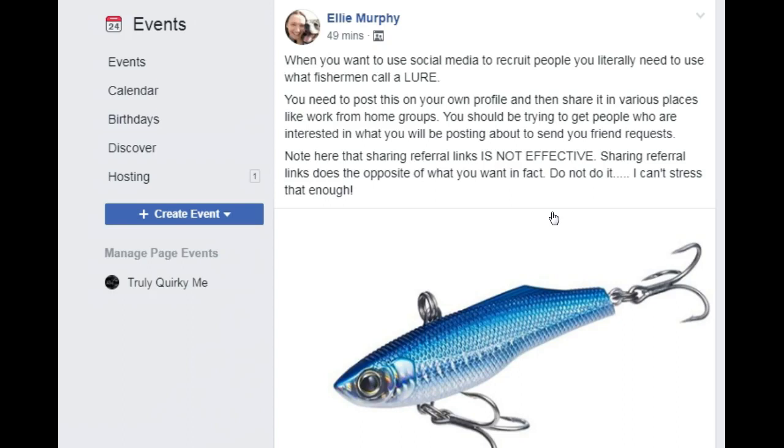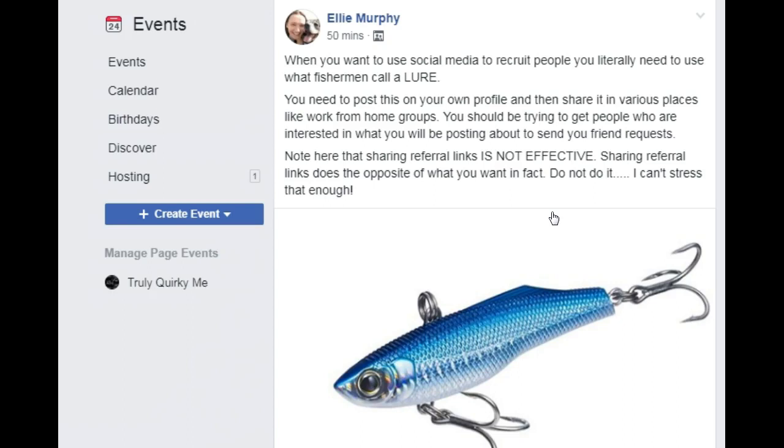And I just want to highlight here that this is absolutely not about sharing referral links. Because what happens is, if you share a referral link, it actually does the complete opposite of what you want to do. If you're posting a referral link, number one, Facebook is going to limit that post a lot, because Facebook does not want people to be going to other external sites.